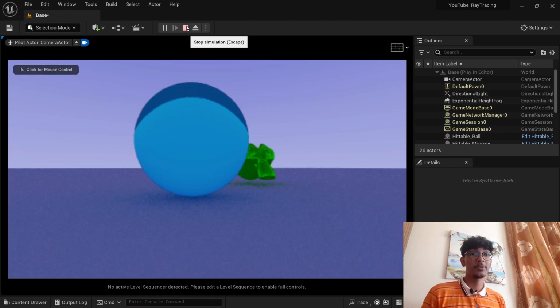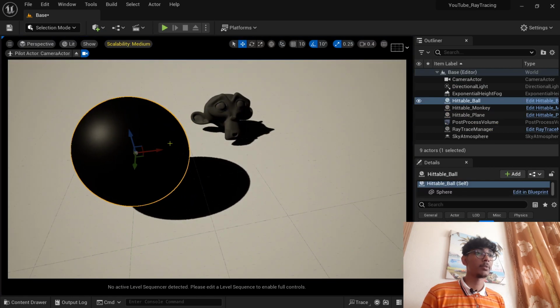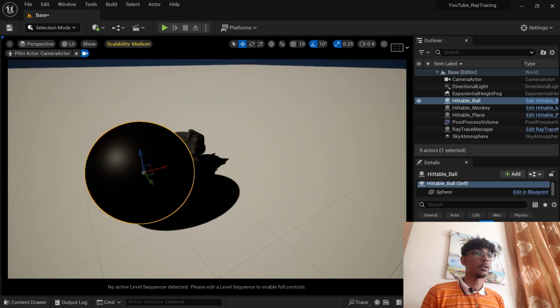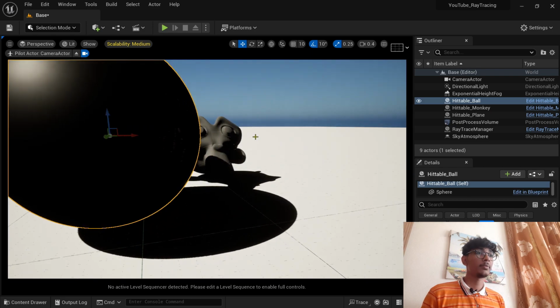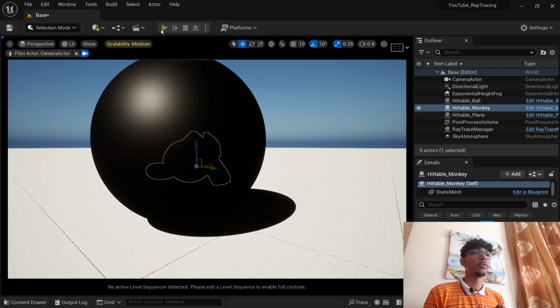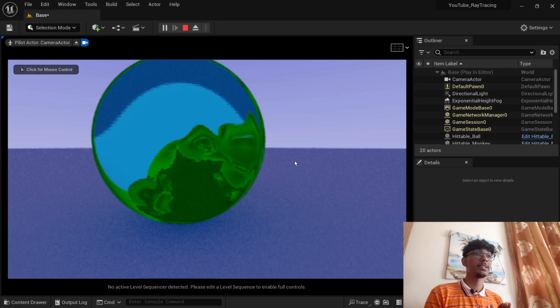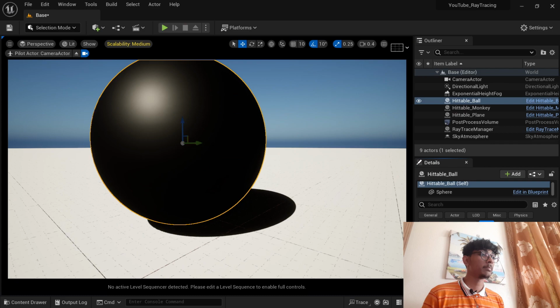Yeah, so we barely notice any differences and that's fine. Let's actually position the monkey right behind a glass sphere to see if we have any transparency going on, right? So let's give this color a green, that's fine. And let's try looking through the glass material. So yeah, it works. We can see our metal monkey being distorted heavily by our higher index of refraction. So if you reduce the index of refraction, we can see the monkey a lot clearer,